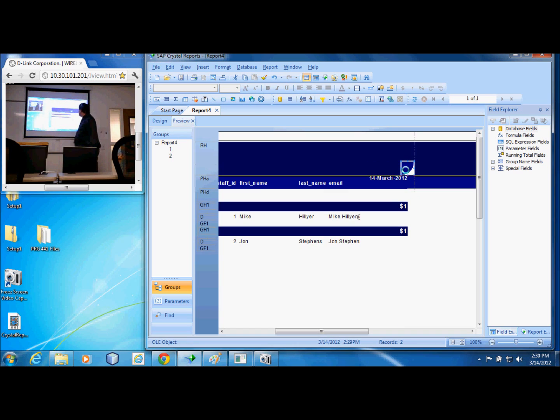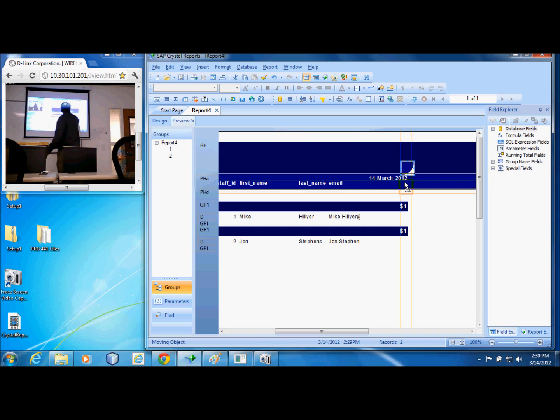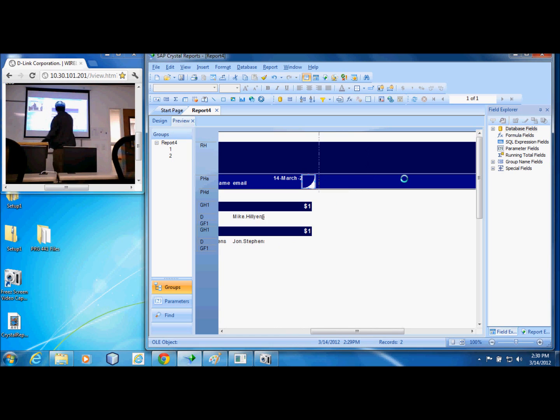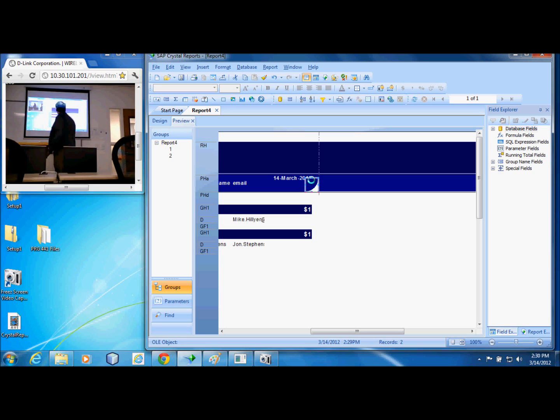I bumped it up too much. I need to make sure it gets over, right against the edge, but not over. Otherwise it prints a second page. Right down to line up with the bottom of it. So on a lot of these templates, there's a little bit of finagling you have to do in order to get them to look right. And that is building a